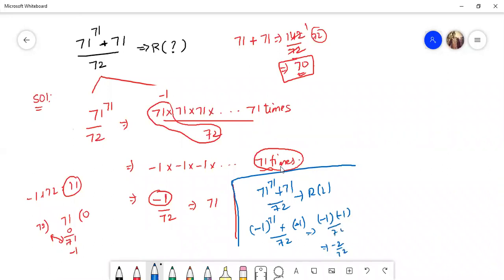Correct. This is absolutely correct. Nothing wrong with it. But where did you make the mistake? You got minus 2 as the remainder. So you cannot say my remainder is minus 2. It is only for our understanding. We divided remainder into two cases, that is positive and negative. So you cannot say the remainder is minus 2. I have a negative symbol. Whenever you have a negative symbol, what should you do? Add the denominator to the numerator. Minus 2 plus 72. Your remainder is 70. So your positive remainder for the case is 70. You can take either case. Either way, you got 70 as your remainder.